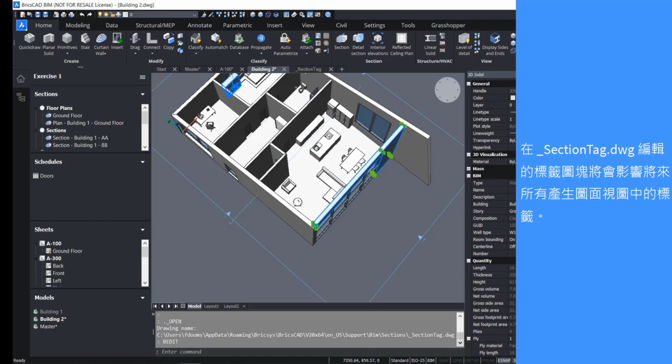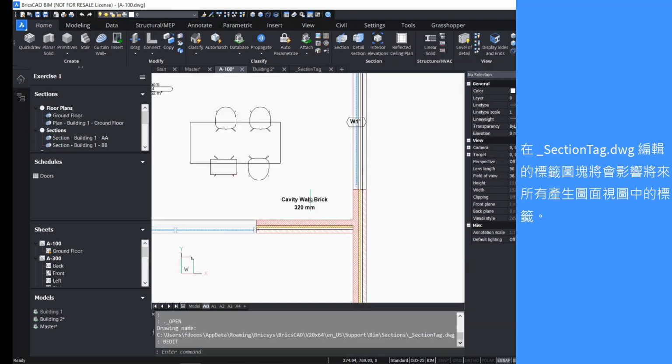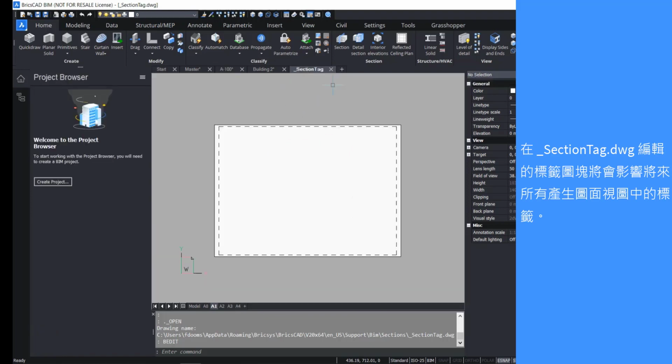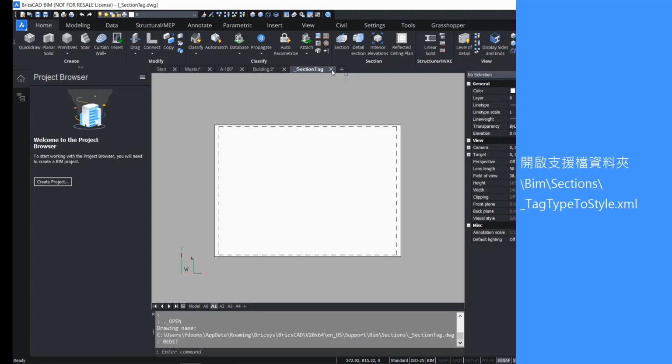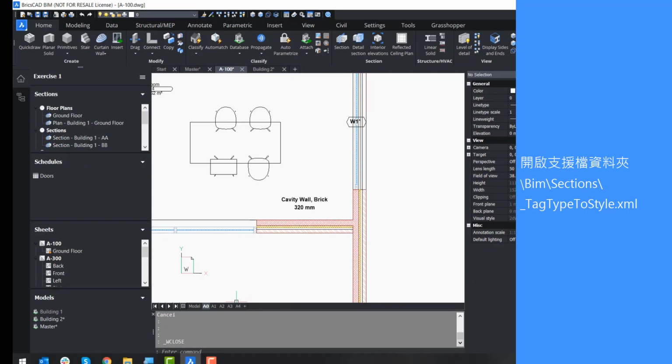So if you do it in only your 2D drawing that you already generated, then it will only change it here. But if you want to change it for all your future tags, you can change it in the section tag just in the same way as we did it. So for now, we don't need the section tag. What is good to know is that in the support folder,